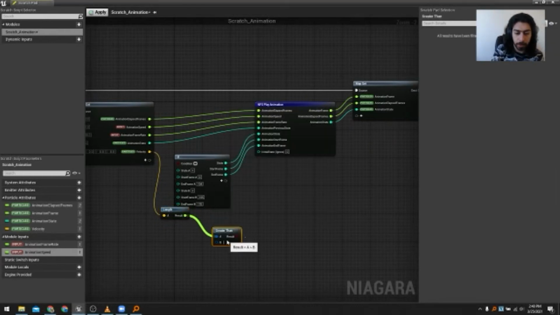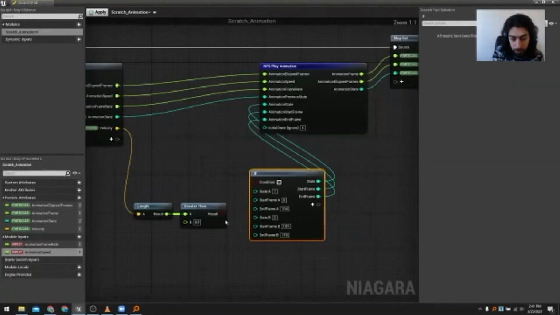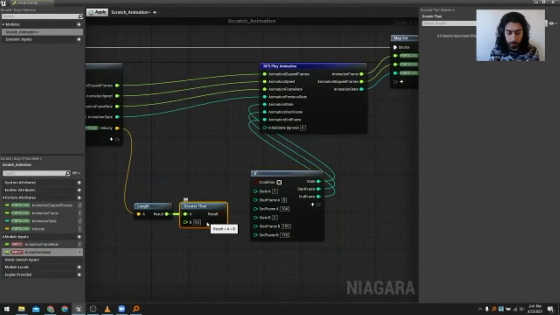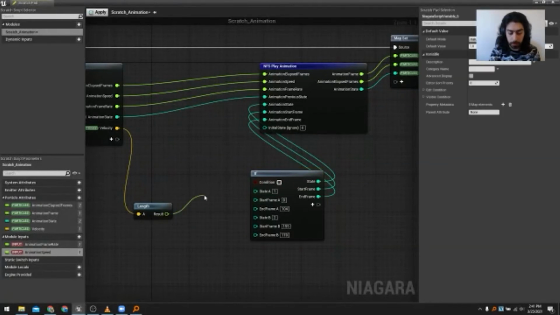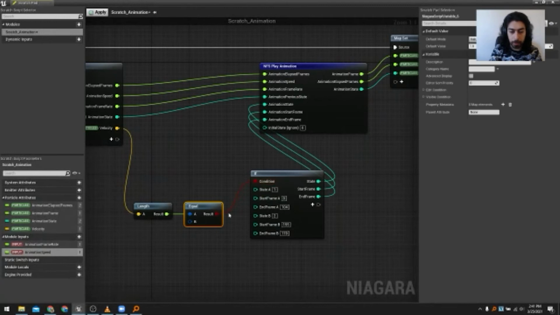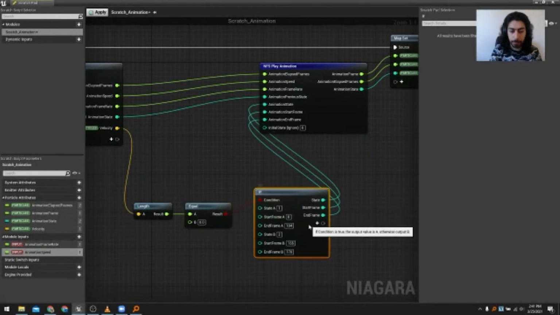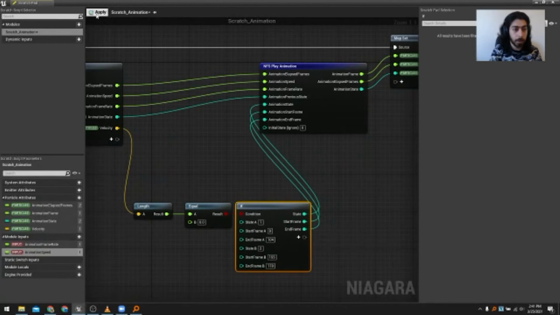If it's greater than 0, if the condition is true, then it's A. Then in this case, if the velocity equals 0, we want to be playing the idle animation. Hit apply.